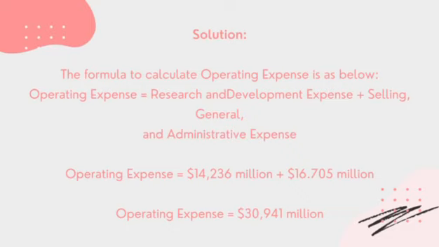And adding those two amounts, we get the operating expense amounting to $30,941 million. But actually in accounting, we can also use the alternative formula, which is revenue minus operating income minus